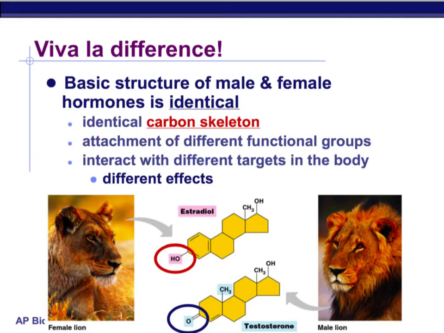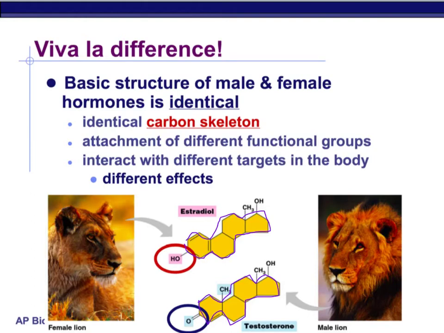If you look at the actual hormone, I'm going to outline that part for you in green, or in purple, whichever my pen touches first. That section here, that section there, it's the same molecule. The base structure, the carbon skeleton, is exactly the same for testosterone versus estrogen. What's different are the functional groups and where those functional groups are attached. Okay, so that's where the uniqueness comes into play.